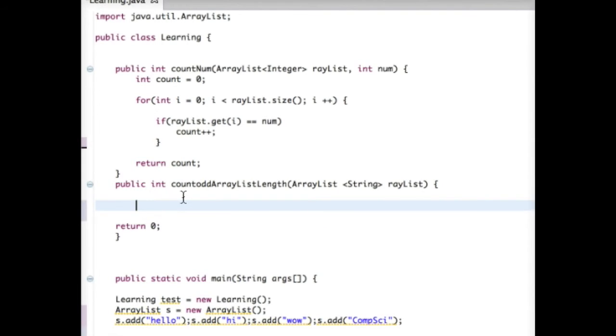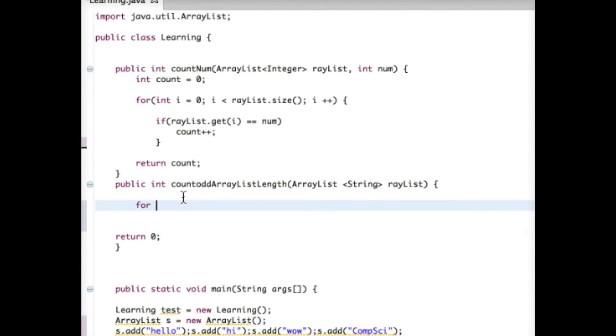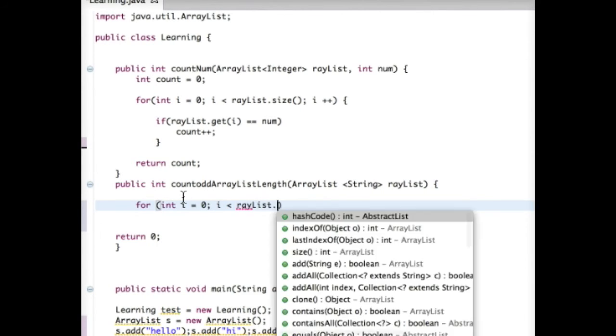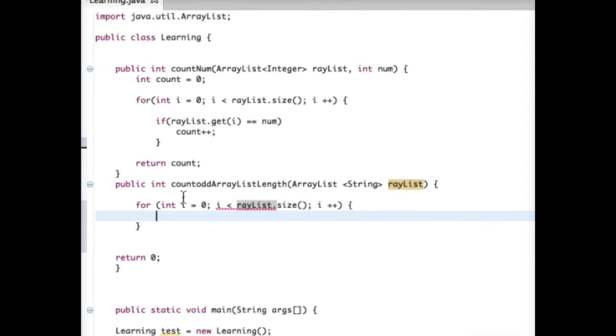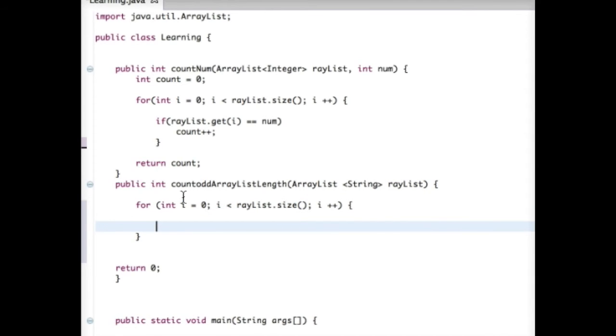So we are just counting the odd strings in our array list, and we're probably going to have to create a loop because we have to iterate through our array list and manipulate the different objects that are present. I is less than ArrayList.size, because we don't want to get an overflow error, I++, and we can say this: